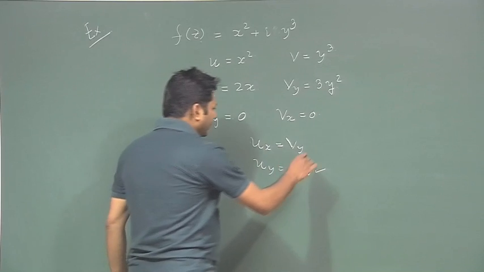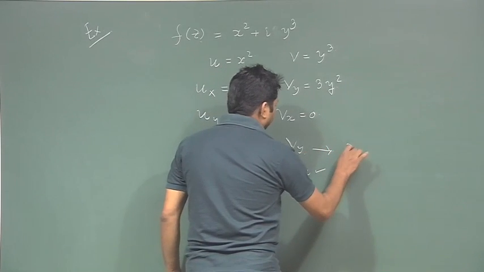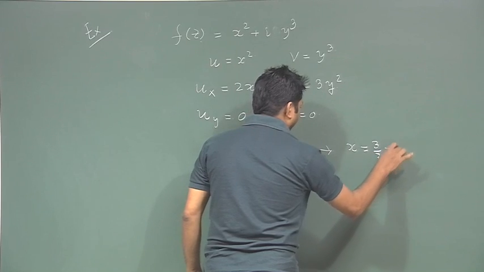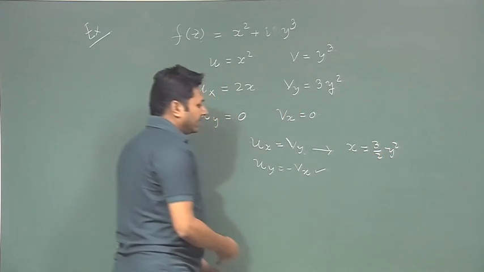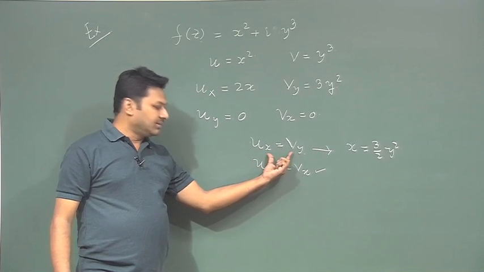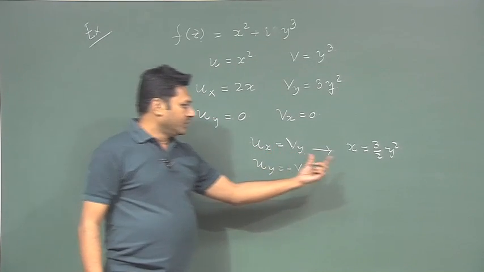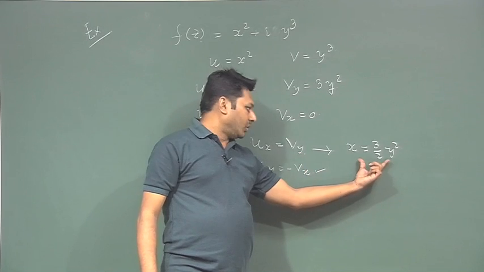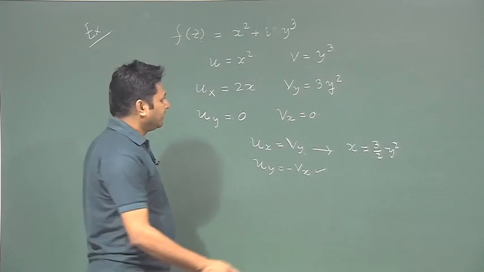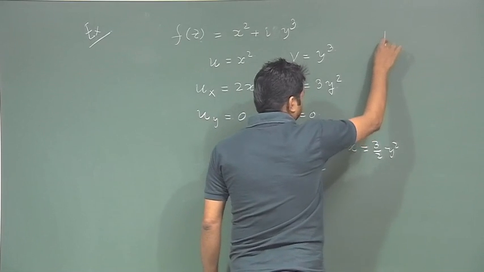From this equation we find that x is equal to 3 by 2 y square. That means it is not true for the entire case, only true when x and y follow some relationship. Now, if I plot this relationship of x and y,